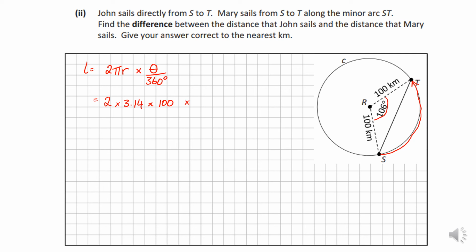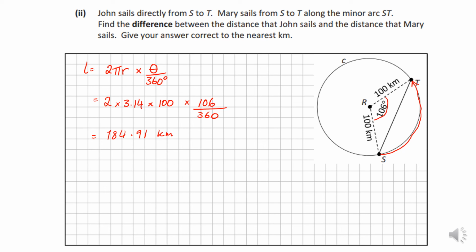Okay, multiply by, well, what fraction of the circle do we have? We have 106 degrees out of 360. Okay, so take your calculator. You're going to multiply all the numbers on the top line. 2 times 3.14 times 100 times 106. Okay, and then you're going to divide that answer by 360. So I get 184.91